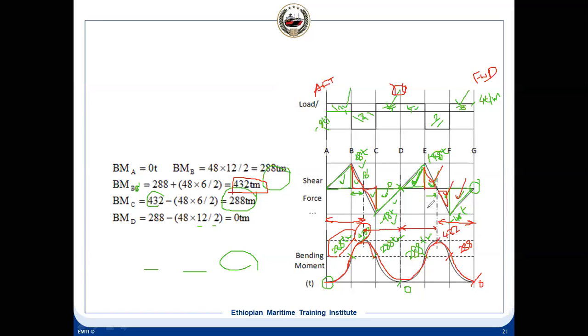But it's not necessary, you might not get same. So since this is same, we can write from the midship forward, how much is the distance? This is 12 plus 6, 18, and the aft 12 plus 6, 18. So 18 meter distance from the midship, forward and aft, the maximum bending moment, and what is the bending moment? You give that 432 ton meter. Shear force, what is the maximum? 48 is the maximum. You see there are 4 points, it is maximum. So you'll have to answer like this. Is it clear, everybody?